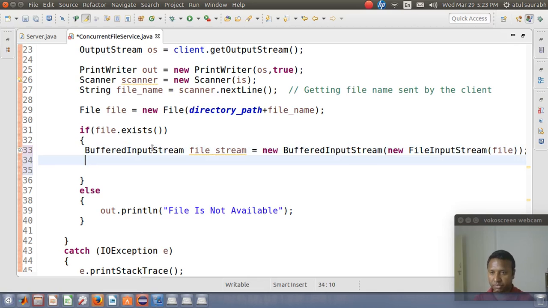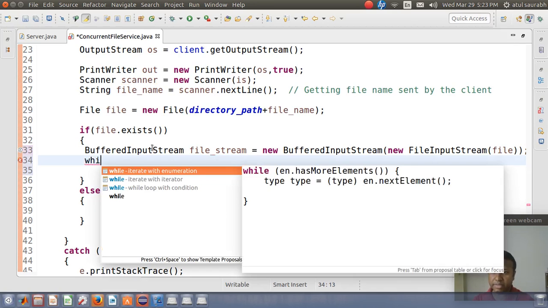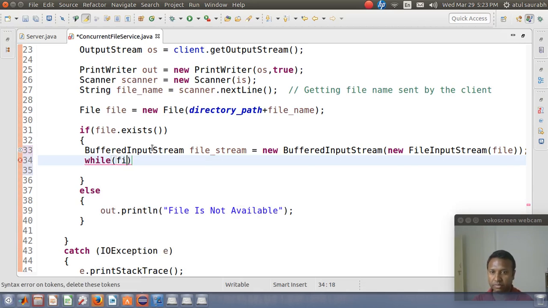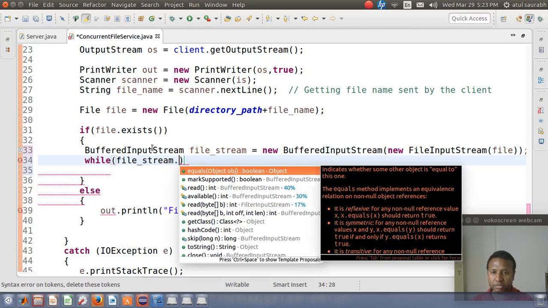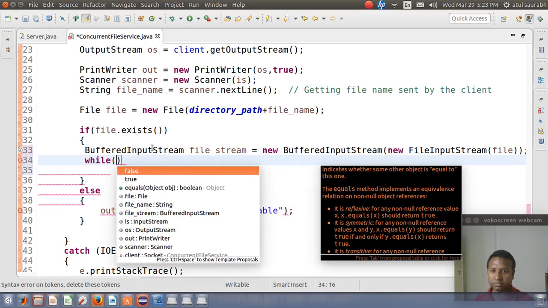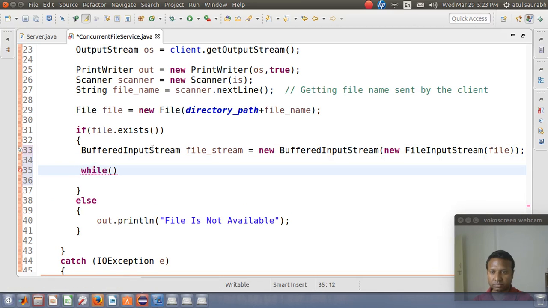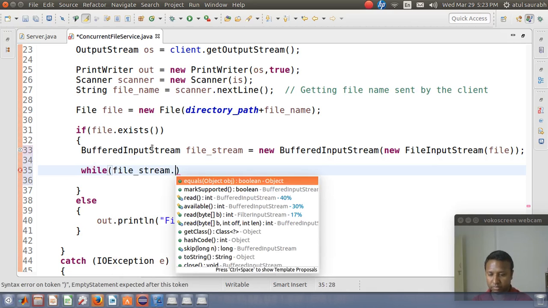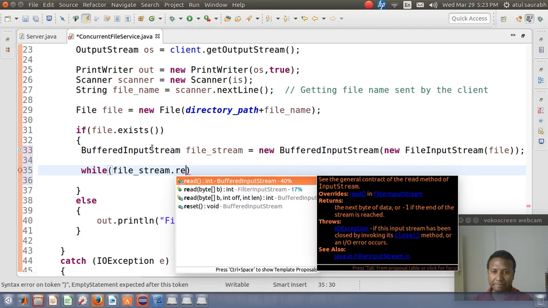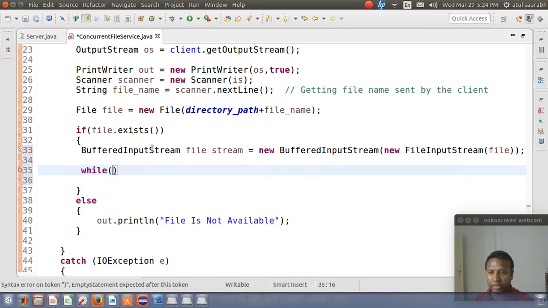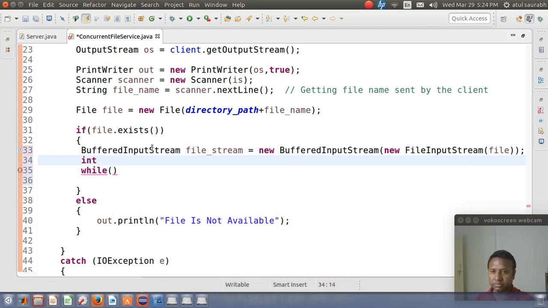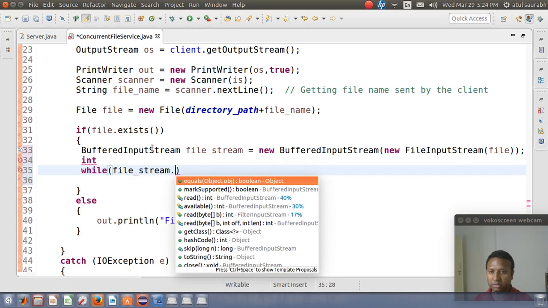Now, how to read the file? While file stream dot read.